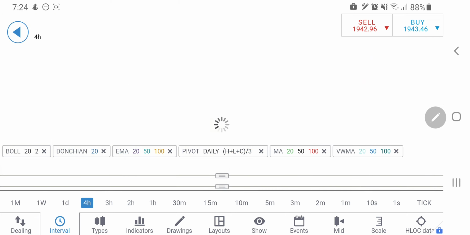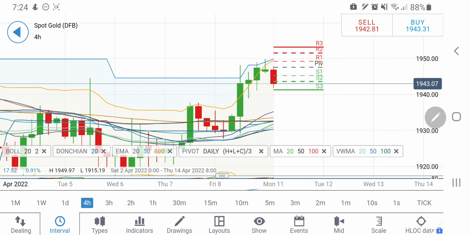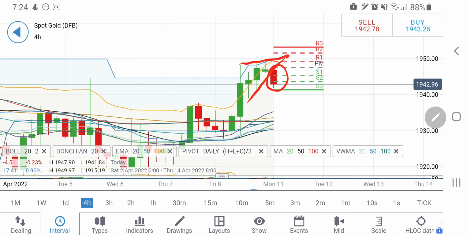But if you look at the 4-hour charts today, see, green candles, and this is a breakout candle. Now also look at the previous candles. The bulls failed to take control here and it is now trading with a drop. So I will still be watchful of the next support level here on the daily or 4-hour charts, which is at around 1937. I have told you many times before that the 1937 to 1940 zone is the first important critical zone for gold, and then the 1918 to 1922 zone is going to be the next critical zone. So I'll be watchful of how it behaves here.